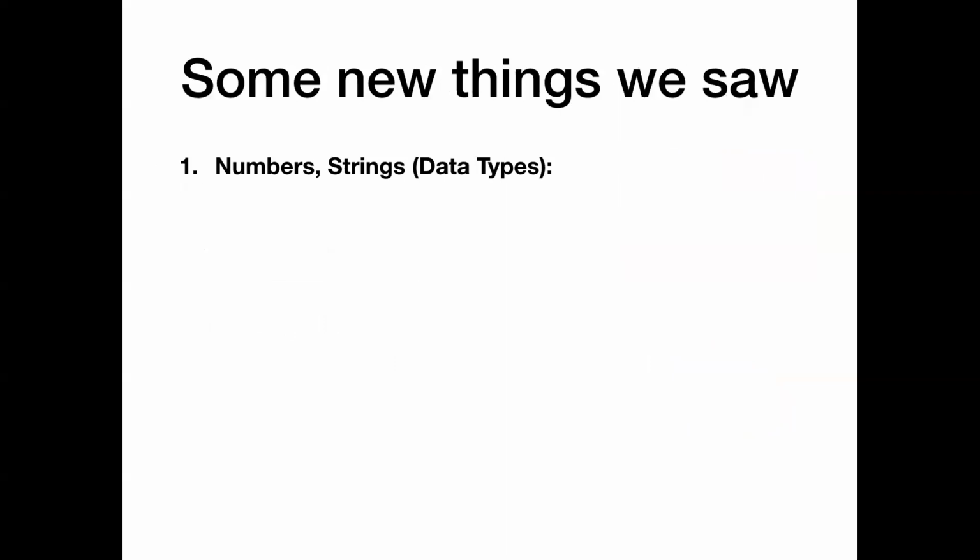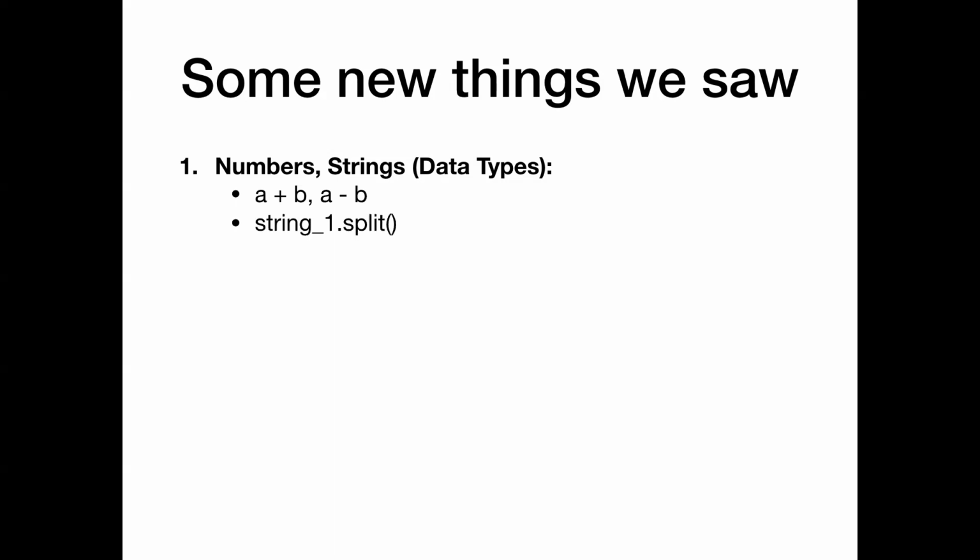We saw some more things like numbers and strings. I don't think I mentioned this in the last class, just to reduce the amount of jargon, but numbers and strings are called data types in Python, in programming in general. And if you have numbers, you can do things to them like a plus b, a minus b. So a and b both will be objects, and you can do certain actions to them like adding them, subtracting